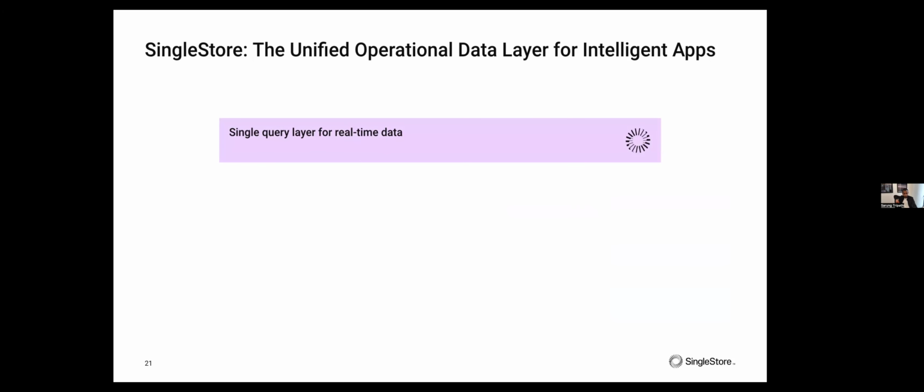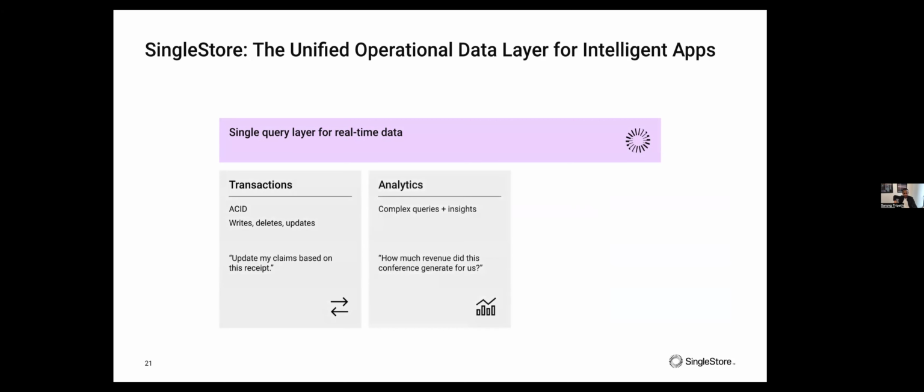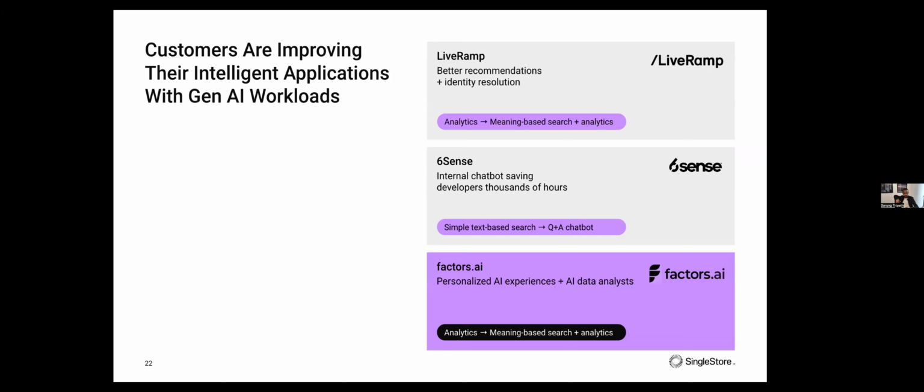So in summary, or in short, we are this single database layer, operational layer for your real-time data on top of your transactions, on top of your analytics, and on top of your search applications to do fast updates, to the tune of 12 million upserts per second, like Akamai does with SingleStore, to do sub 10 millisecond analytics on 2, 3, 4 petabytes of data, and to run true search applications on SingleStore, like some of our largest cybersecurity clients do. And these are just a few stories.